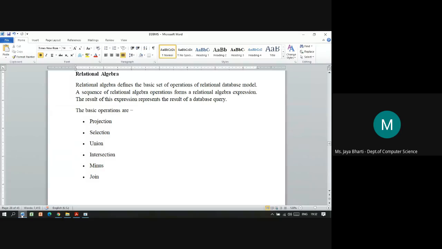Relational algebra defines the basic set of operations for handling the data from the relational database model. That's why in query optimization, relational algebra is required, because the query which we write is in SQL. SQL is a programming language, as is PL/SQL.